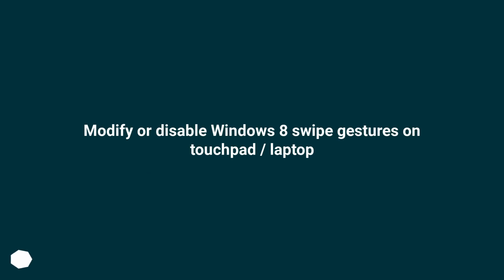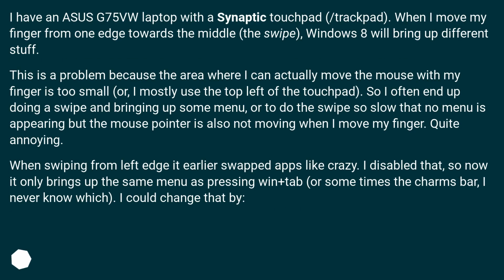Modify or disable Windows 8 swipe gestures on touchpad, laptop. I have an Asus G75 VW laptop with a Synaptics touchpad/trackpad. When I move my finger from one edge towards the middle, the swipe, Windows 8 will bring up different stuff. This is a problem because the area where I can actually move the mouse with my finger is too small,